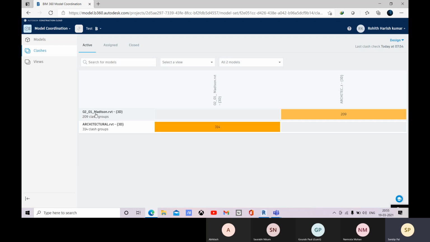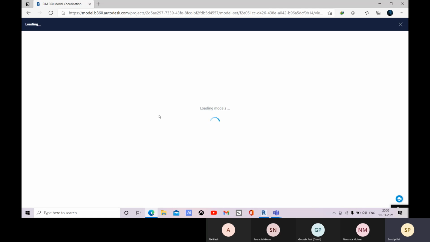So with this model and this model, which is the same, there is no clash, but with this model and this architectural model you have 209 clashes, and with architecture and this one, the same thing, you have 314. So the perspective is different. From this perspective you are getting 314, and from this one you are getting 209 clash groups, and you can click on it and access all your clashes there.